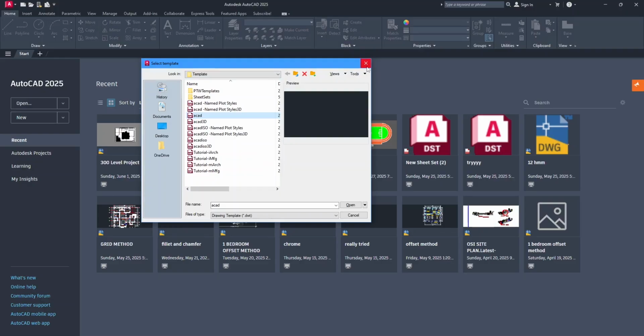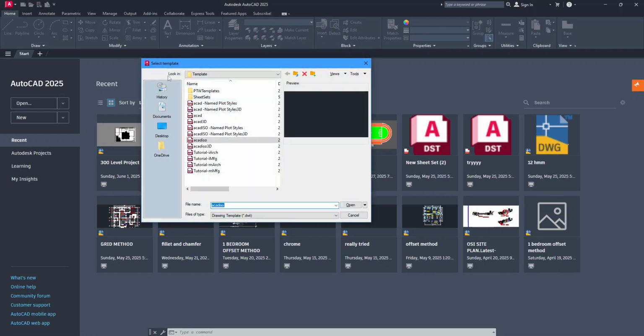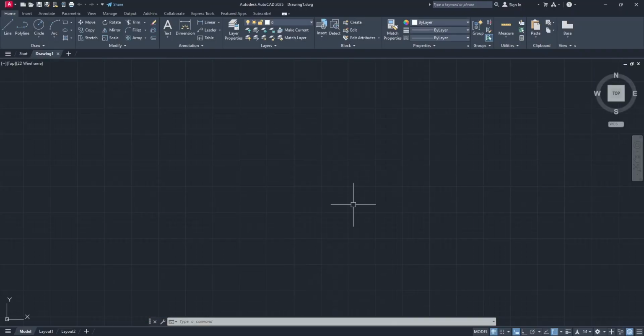Or if your interface is an older version, you can come up here and click on this new icon, and you get the same Select Template dialog box. I will be using millimeters, so I will just select this one and click on Open. But if you are using inches, simply select AutoCAD alone, then click on Open, and then your new file will be created. This is the AutoCAD user interface, which might look like a lot, but you hardly use 95% of